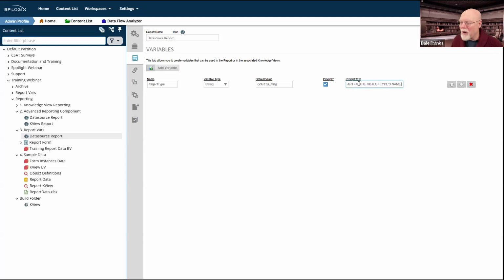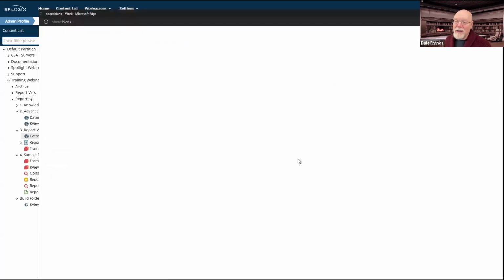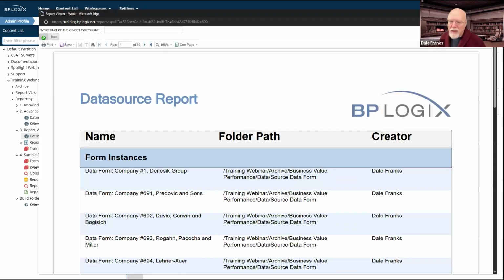But now I've got a prompt text and a prompt, and I'm going to go ahead and update my report, go back here. And now, if I actually run the report itself, because I have that prompt and that prompt text, in the report itself, at the very, very top, it says, because I can't spell or type more precisely, retire part of the object type's name.